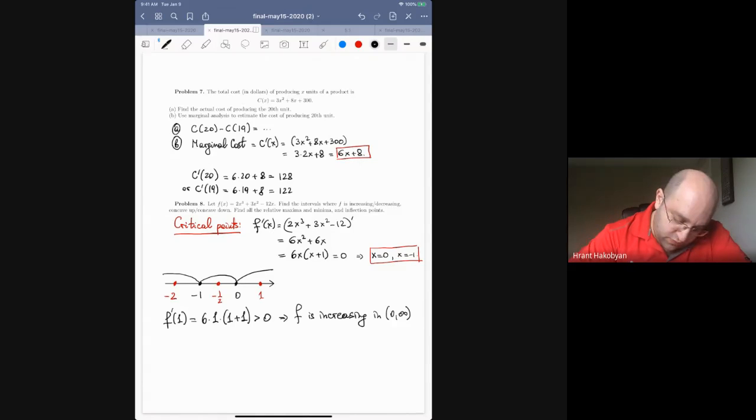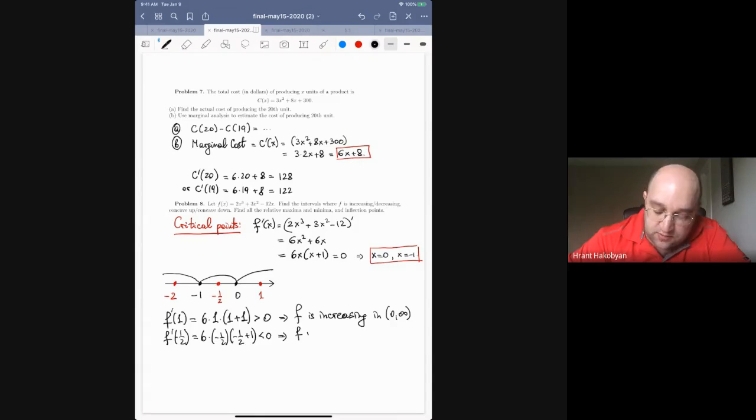F prime of 1/2 is equal to 6 times... where is the formula? Here is the formula: 6 times negative 1/2, times negative 1/2 plus 1. So that's 6 times negative 1/2, which is negative 3, times negative 1/2 plus 1, which is positive, so that's negative times positive, which is negative. So f is decreasing